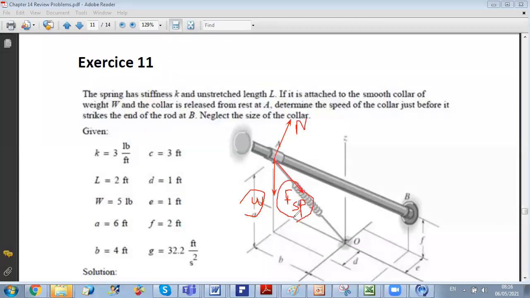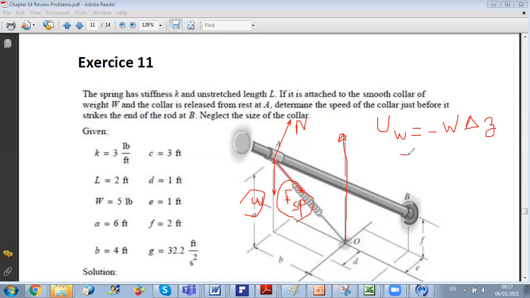So we can apply here either conservation of mechanical energy, or also the principle of work and energy. Both will give us the same result. Now, to find the work of W and the spring force, we can use the formulas developed in the course material. So here, for example, the Z axis represents the vertical. So if you want to do the work and energy, you can write that the work of the weight is equal to minus W delta Z,